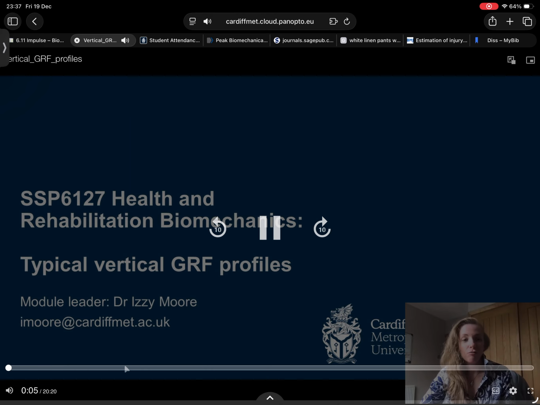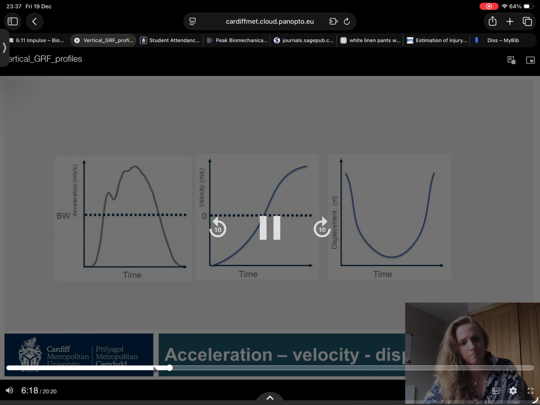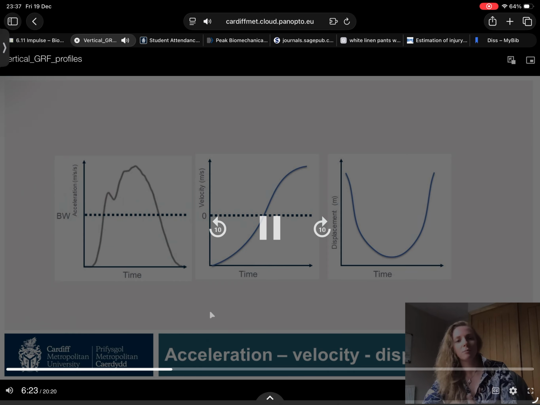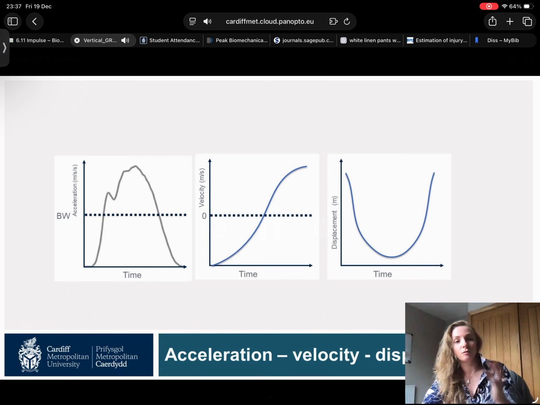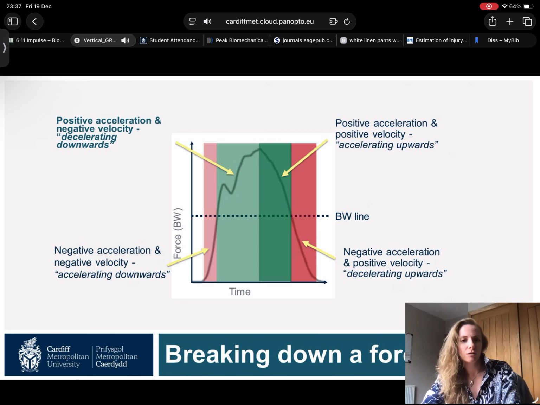So in this short video, I'm going to take you through our body weight, and you can with the force curve, where it has one big peak at the top. I can also hypothesize what velocity and displacement will happen. And you can do this with any force trace. Okay, I'm only going to break it down to this level with the running one. But it means we can do a number of things in terms of how we are subjectively assessing that ground reaction force. When we combine all of that information in regards to acceleration, velocity and displacement, bear in mind, okay,